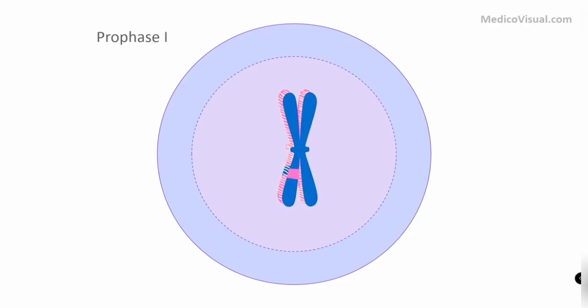Now what happens when a couple lie on top of one another? Of course they will do something, and while doing something, some material is exchanged between them. Actually that is genetic material. A part of this chromosome will go here, it will be swapped with this part of the chromosome. So you can see here that this part of the paternal chromosome goes to this maternal chromosome, and this part of the maternal chromosome lies here in the paternal chromosome.